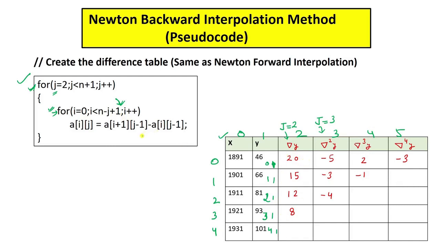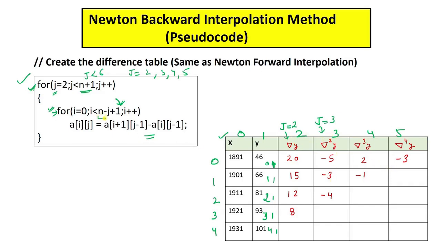Here you can see we have to find the difference. Now let's see how it will work. For j equal to 2, I want to find all these differences and fill in the jth column, so I am starting from j equal to 2. You can see j is less than n plus 1. For n equal to 5 in this example, this is 5 plus 1, 6, so j is less than 6. It will run for j equal to 2, 3, 4, and 5. That is 4 times it will be finding the differences, for the 4 columns.